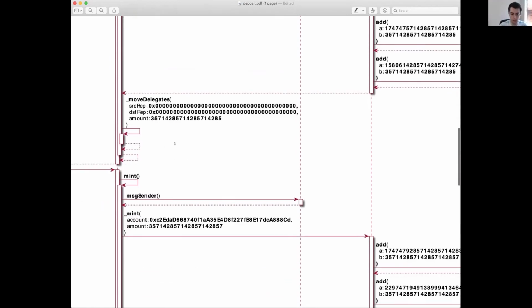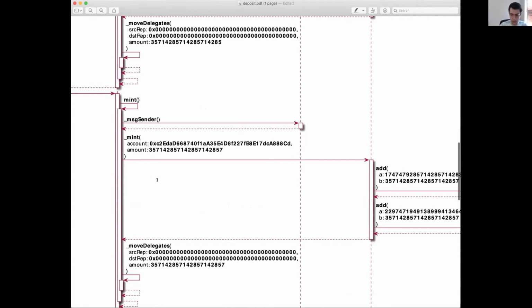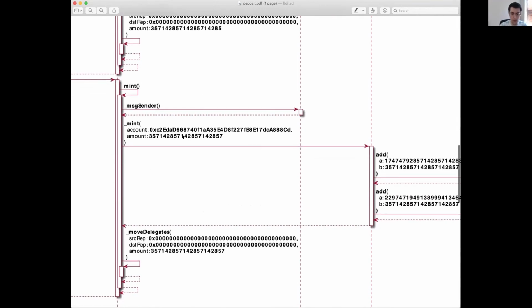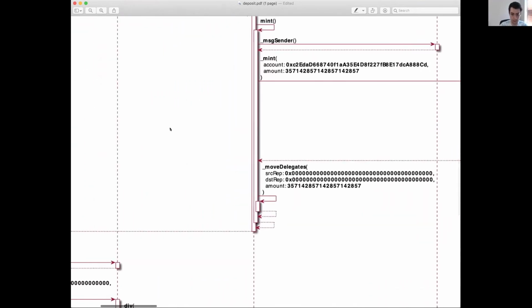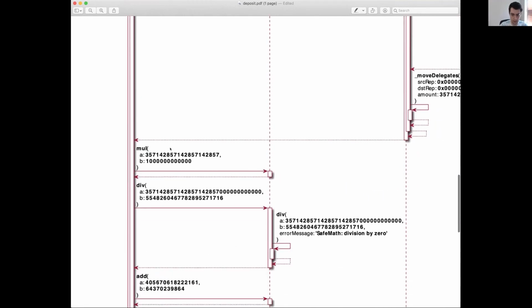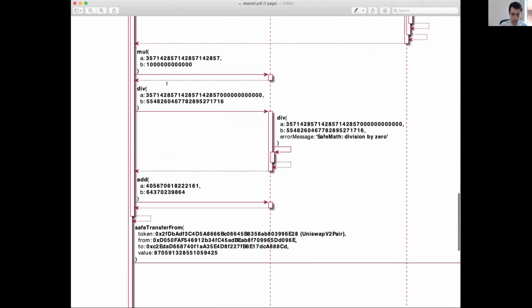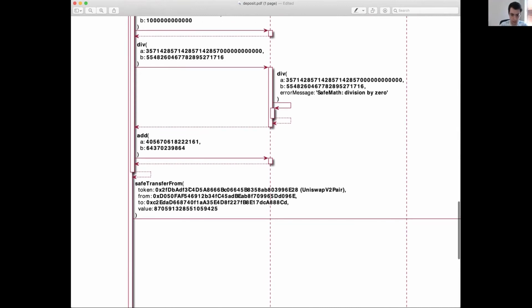Yep. And then here, the same thing happens. We mint 10 times the amount of tokens, and those get sent to MasterChef itself. And that's updating the pool. I'm not sure why we need to do this math here, but then